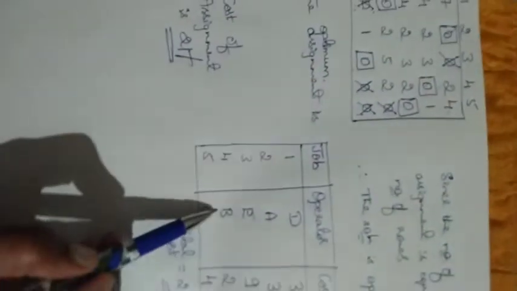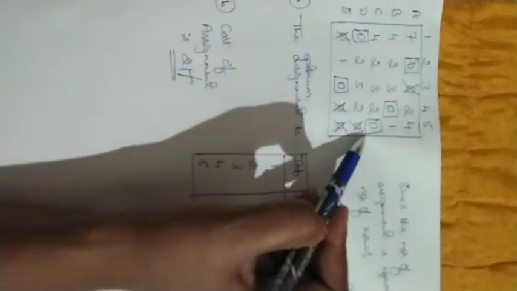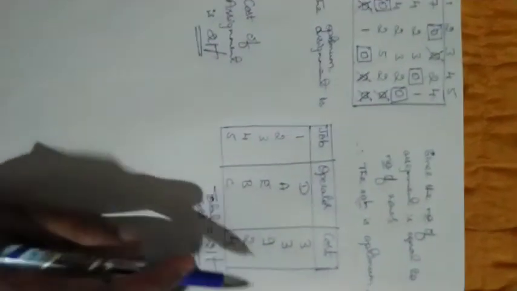Now you can find out the optimum assignment, that is the first job is assigned to the operator D and the second job is assigned to the operator A, that is written here. Okay, the first job to D and the second job to A and the third job to E, and fourth job to B. This is the job which will be assigned to the particular operator, and the fifth job will be assigned to C, that is fifth to C. Now you just look at the cost matrix, the cost matrix in